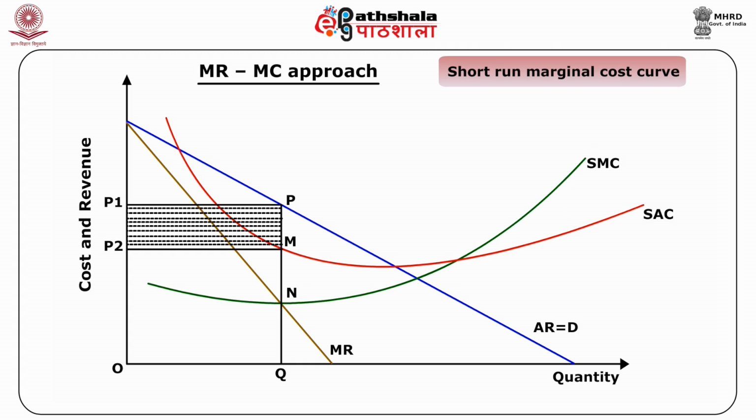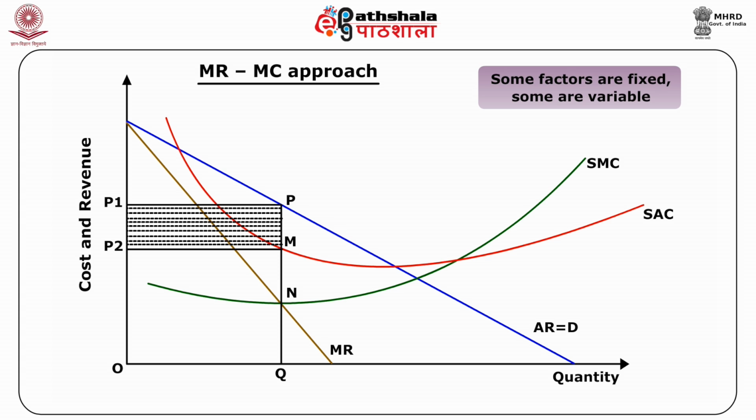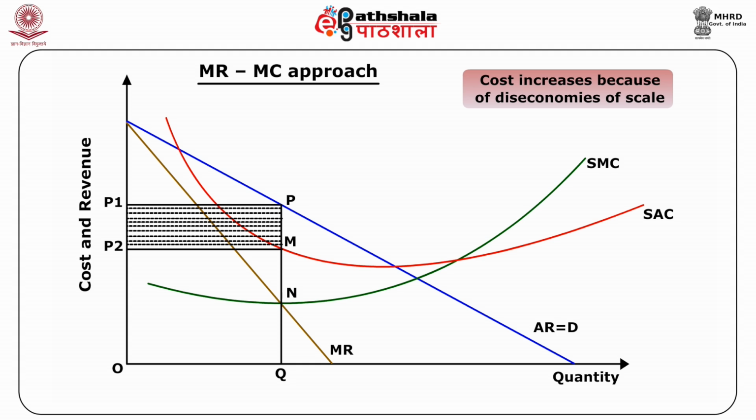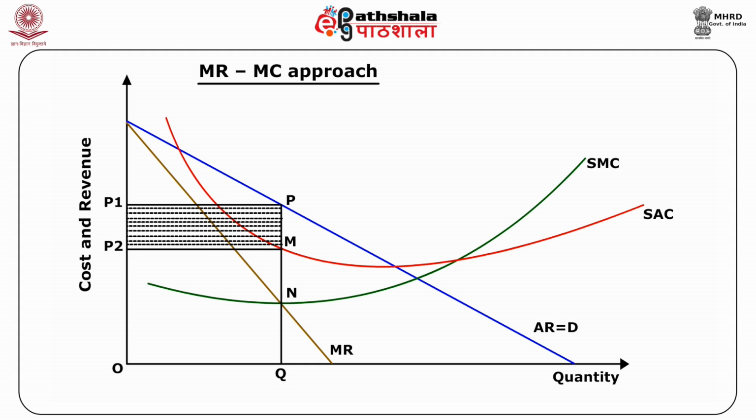SMC is the short-run marginal cost of the firm, which is U-shaped because in the short run, some factors are fixed and some are variable. When we increase the production, the cost initially reduces because of the economies of scale, but after reaching a minimum point of cost, when the production is increased, the cost also increases due to diseconomies of scale. Hence, SMC is U-shaped. Moreover, SMC is the differentiation of TC, so when we plot this on a graph, we get the SMC curve